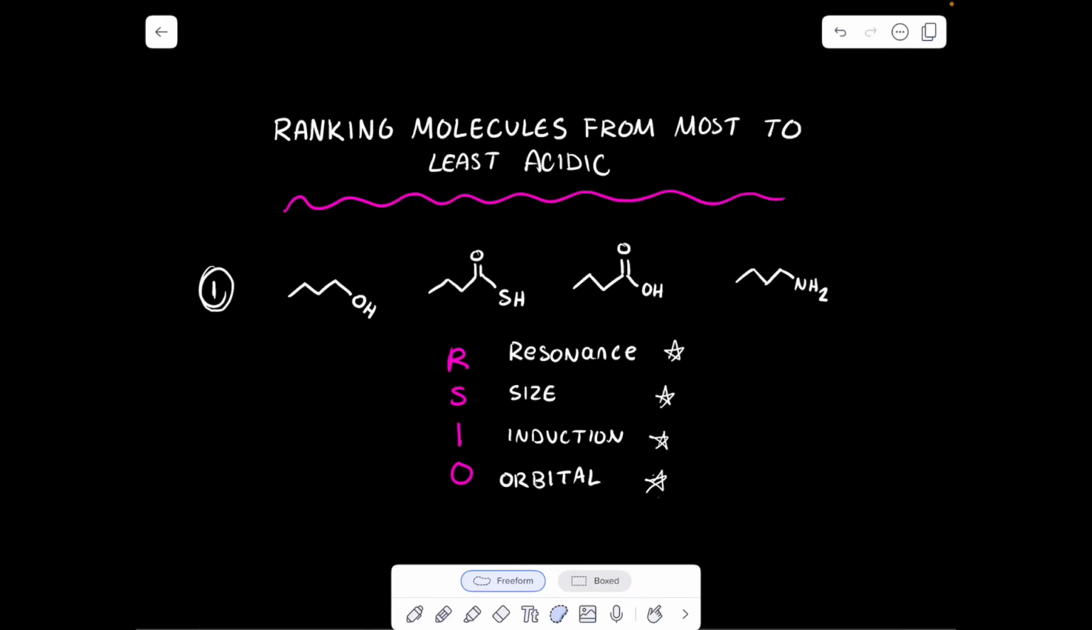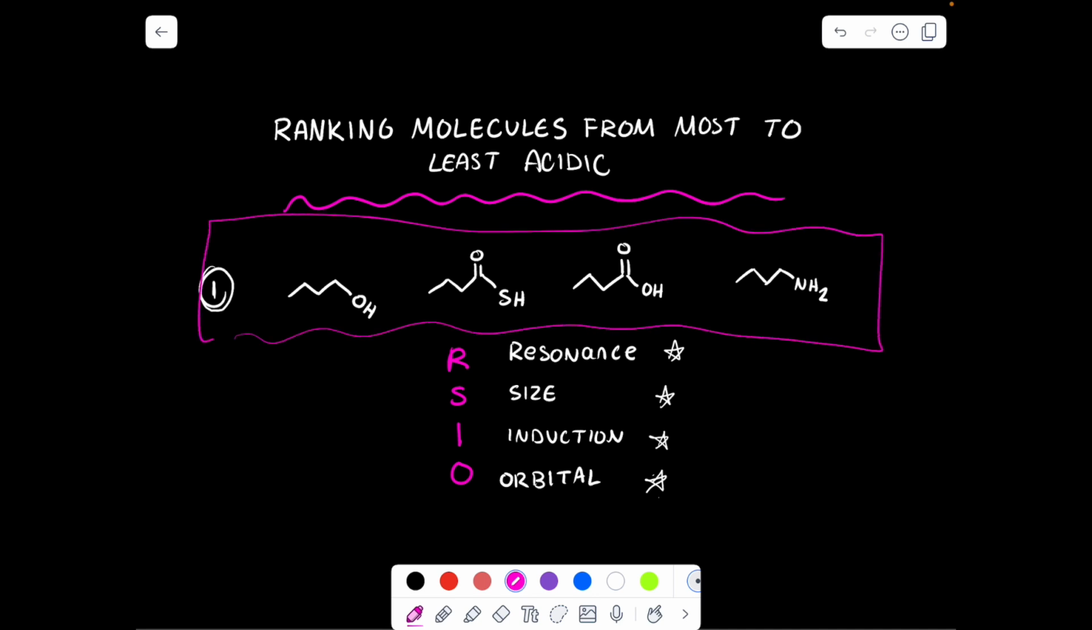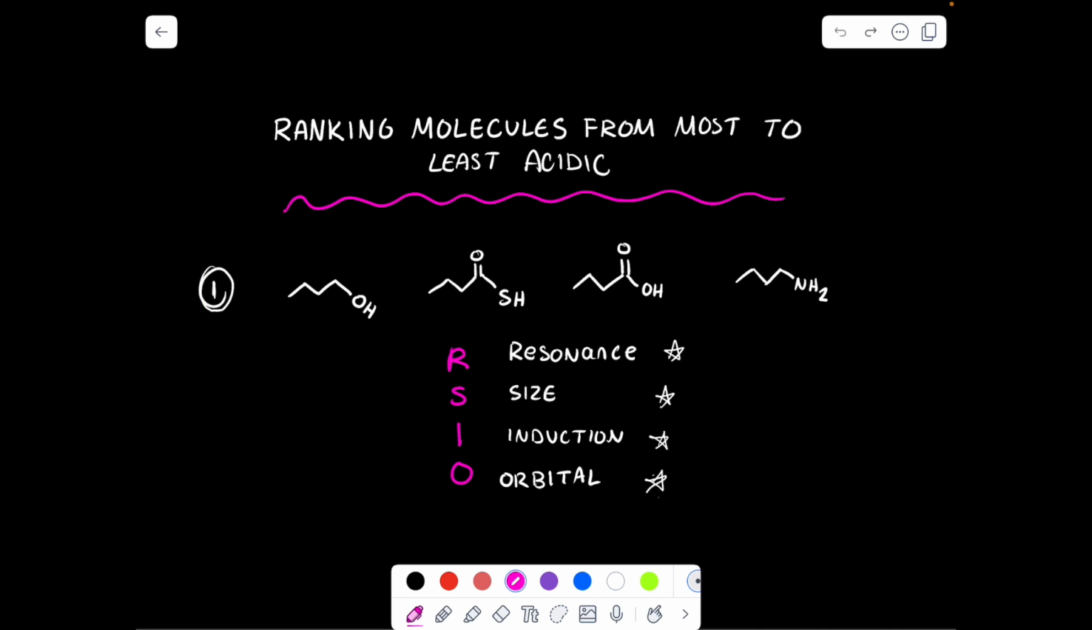In this video, we're going to be going over how to rank molecules from most to least acidic. We're going to be going over this question, so ranking these four structures with respect to one another. But before I get into actually going over the example, I'm going to be going over a little bit of